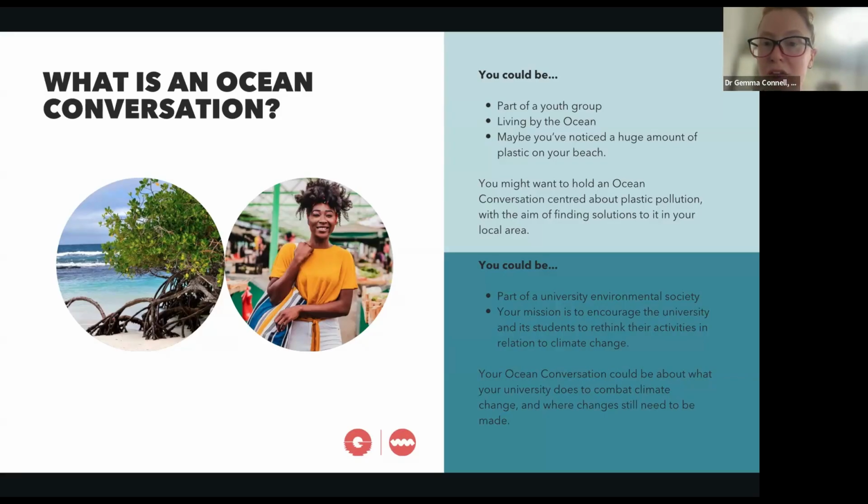It might be that they're a youth group who are working with the youth parliament in whatever country you are in, and they're wanting to think a bit more politically led, for example. So everyone's ocean conversation will look and feel different depending on who is in the room. And you can hold it online or in person. The only defining characteristic of an ocean conversation is that it leads to a consensus and a positive commitment to